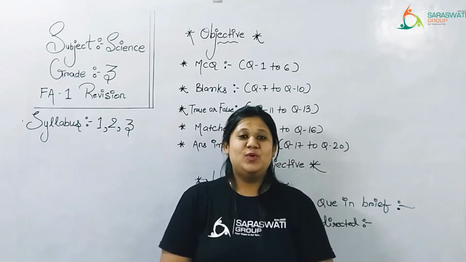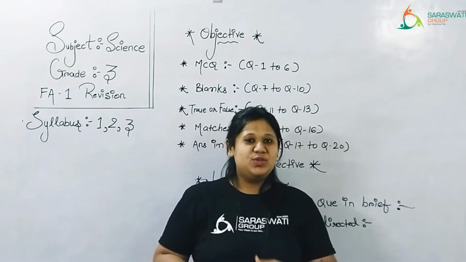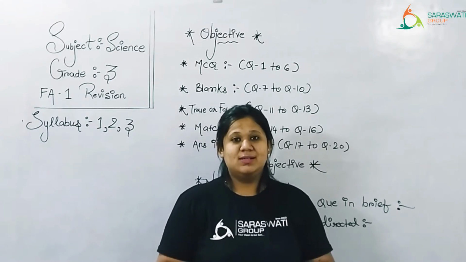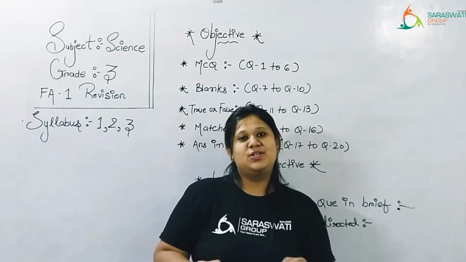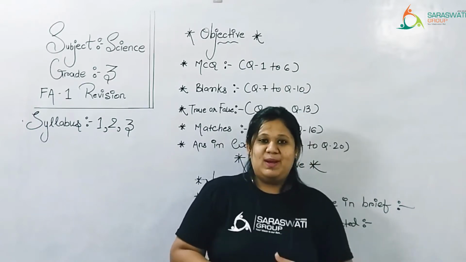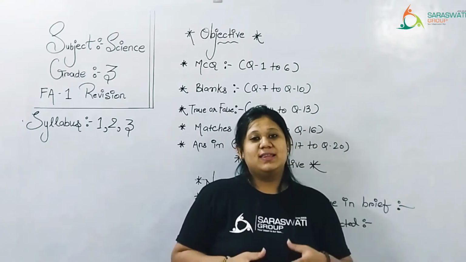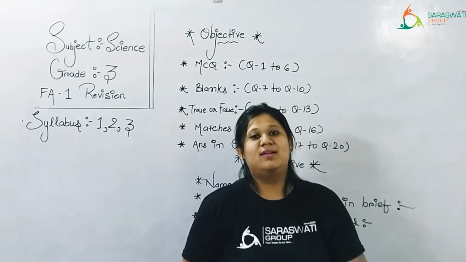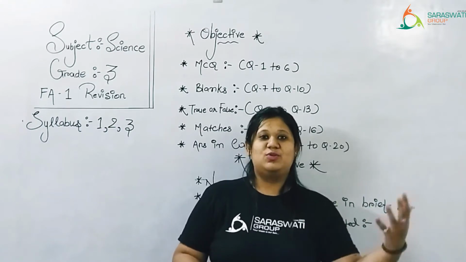Kids, today I am going to explain revision, right? Your FA1 exam is coming, so you need to revise all the chapters, right? Our syllabus is chapter number 1, 2 and 3. Chapter number 1 is living and non-living things. Chapter number 2 is parts of a plant and chapter number 3 is eating habits of animals. This is all included by me in FA1. So please take this video seriously and do as I am telling you to do, okay?